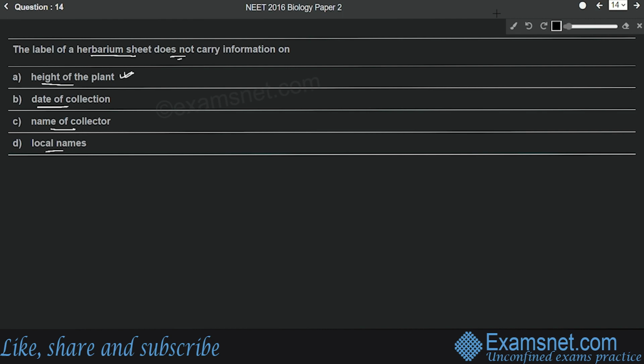And what is a herbarium sheet? It is a simple sheet of paper like this with a plant sample. Some parts of the plants are pasted here, which have been dried and pressed for a long time, and then some information about this plant species is mentioned on the herbarium sheet. Now this information can include the date and place of collection,